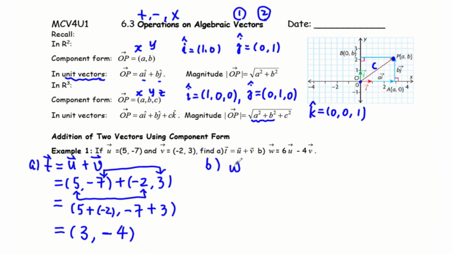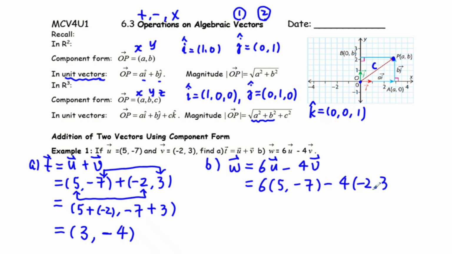And question B. W equals 6U minus 4V. We are going to substitute in the component vectors. So U is (5, -7), minus 4 times (-2, 3). We are going to expand, treating it the same as a bracket, so just multiply. 6 times each component in the bracket, so we have 30,